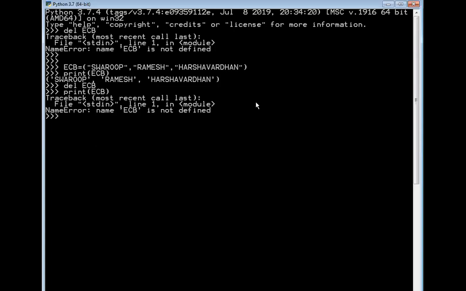That's why you get the error: name ECB is not defined. This is the practical implementation of how to delete a tuple.